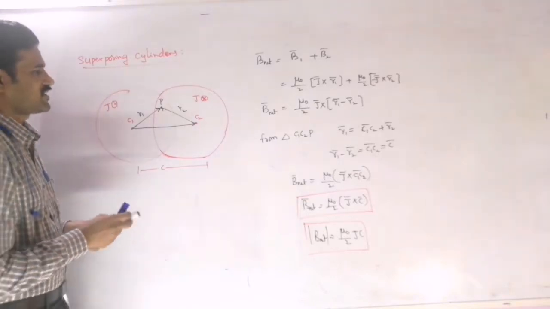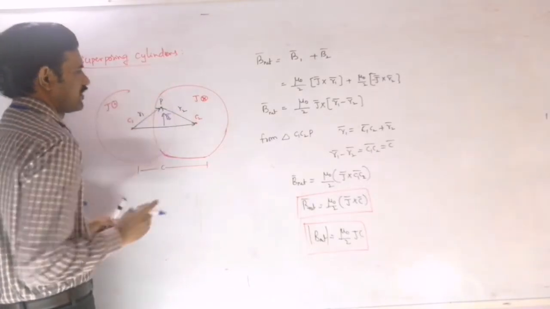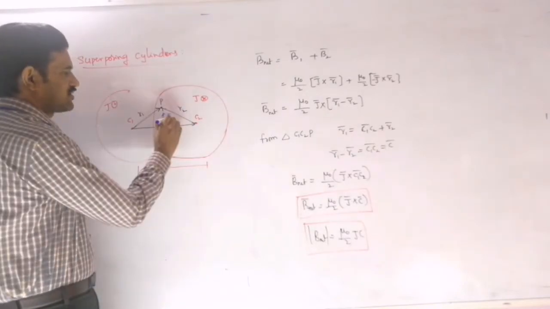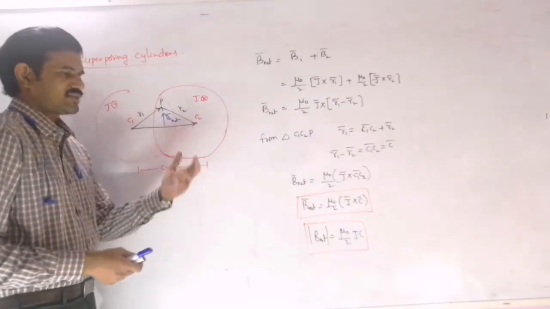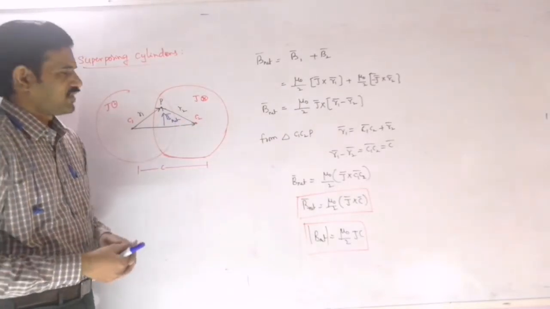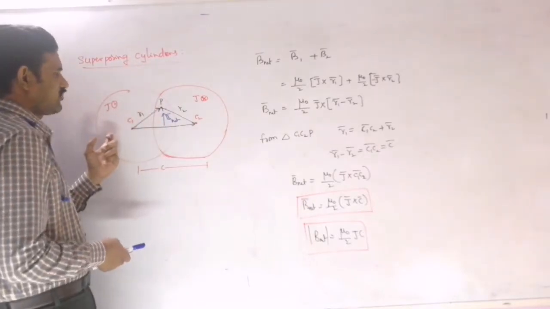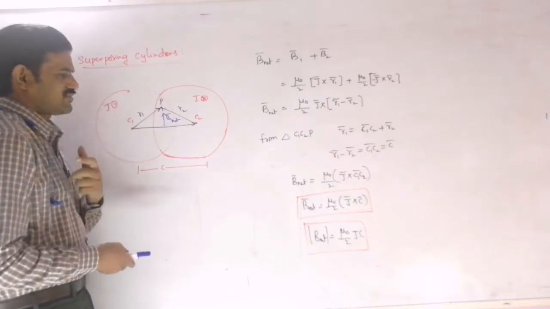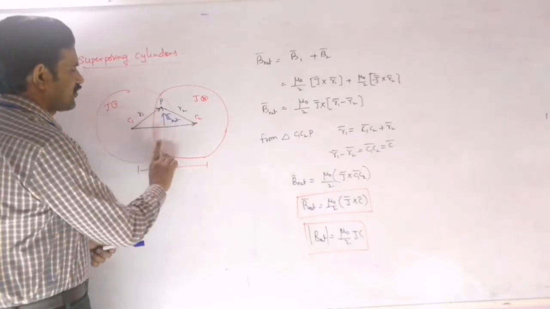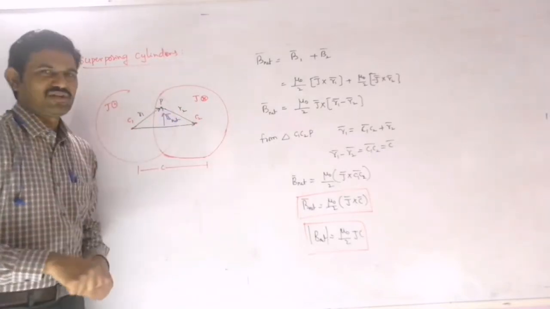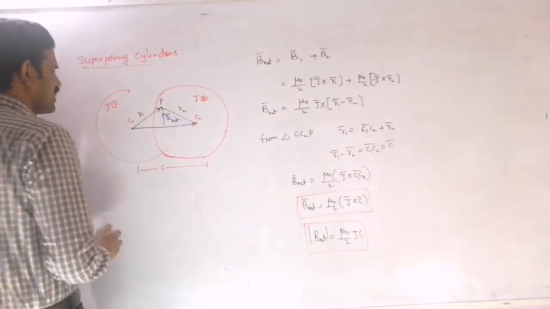So the net magnetic field in the superposing area will be along this direction here. You represent the direction also; sometimes they will ask that. Simply you can write it as perpendicular to both C and J bar. In this case we are taking the J value as out of the plane, and that direction we are taking as positive. So according to that, we are getting this magnetic field in an upward direction, right? So that is the magnetic field in this superposing area.